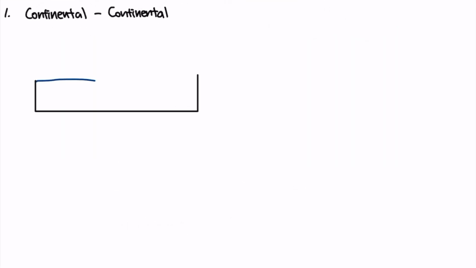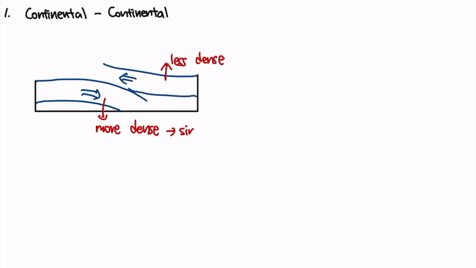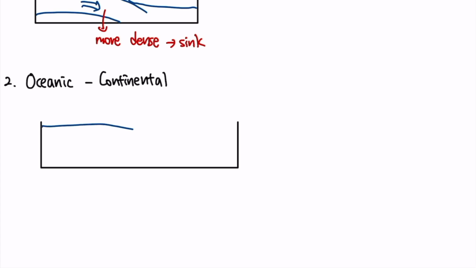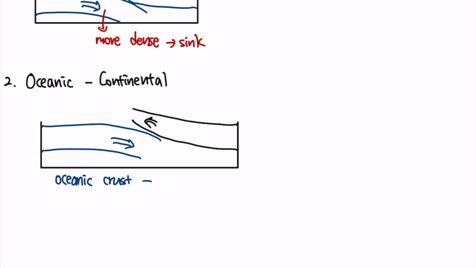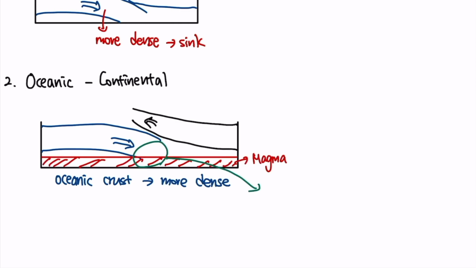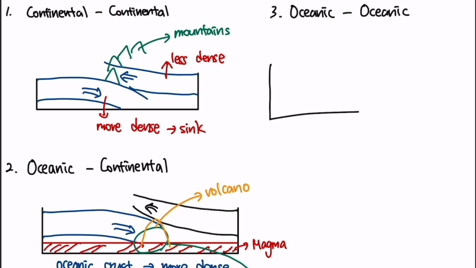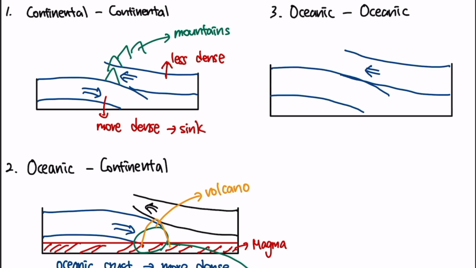Between two continental plates, the more dense plate will sink to the bottom of the less dense plate. Between the continental and oceanic plate, the oceanic plate will always be more dense than the continental plate, so the oceanic plate will sink to the bottom of the continental plate, and while this happens, the oceanic plate that sinks will decrease the melting point of the rocks under, so that volcanoes will form. Between two oceanic plates, the more dense plate will sink, and